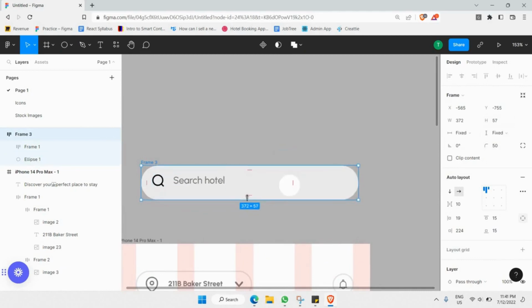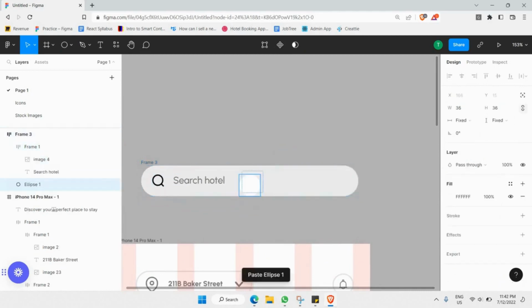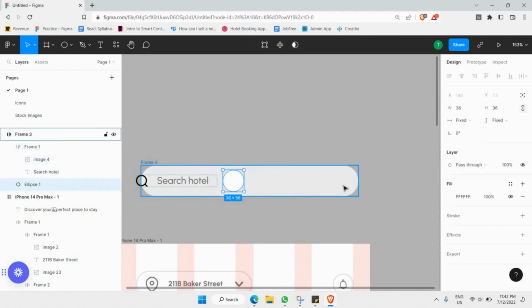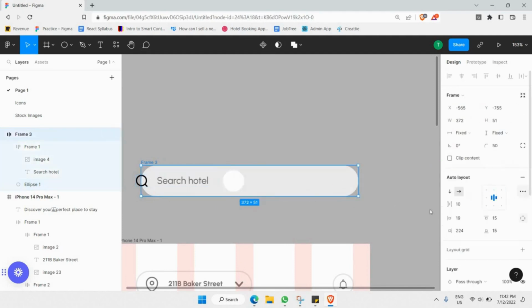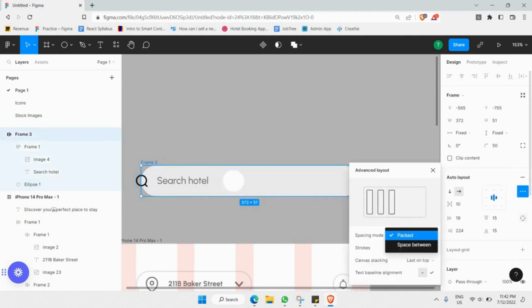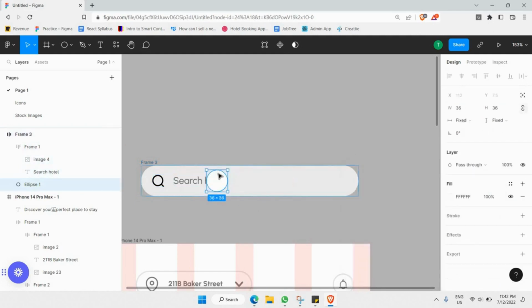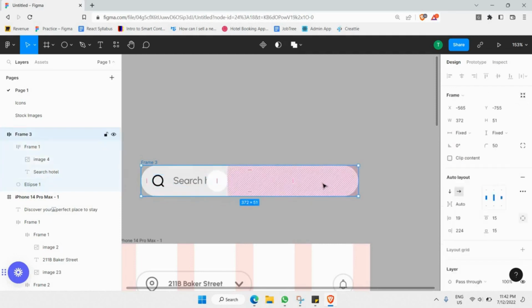Also we are able to make it like this. Okay, there you go. But as you can see, it is aligned to the top here, which we want to align to the center like this. This thing should be placed here, so I like to make the spacing mode space between. As you can see here, this does not belong here, it's supposed to belong here. And the reason it does not belong here is because of this particular right padding here,